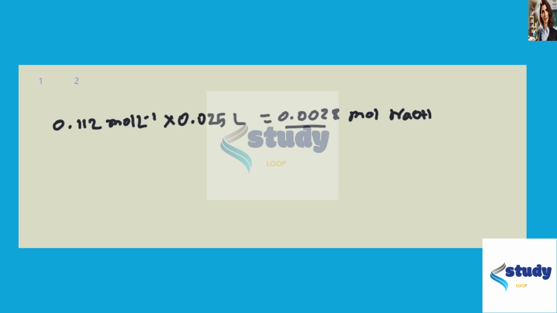And since at equivalence point, the number of moles of base is equal to number of moles of acid, that means this is the number of mole of acid at equivalence point also. So at equivalence point, we have 0.0028 mole acid. Now we know the number of moles of acid, and we know the mass of acid we are adding. So from these two data, we can easily find the molar mass of the acid, as molar mass of acid will be